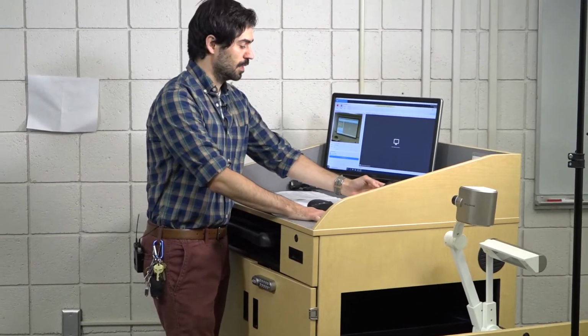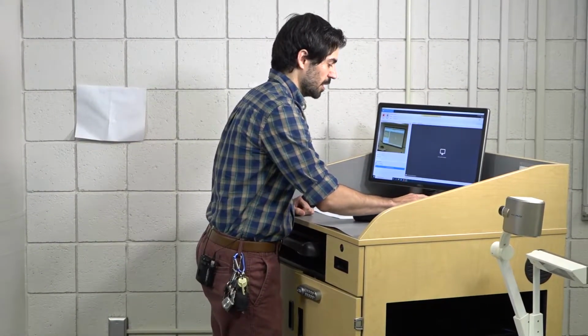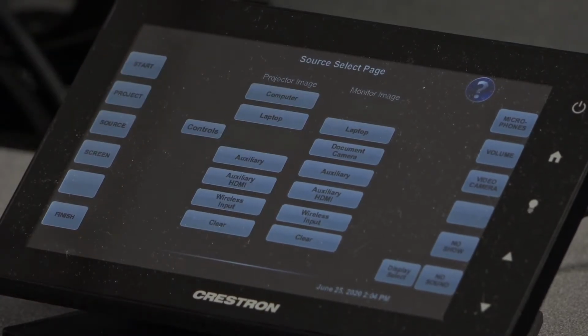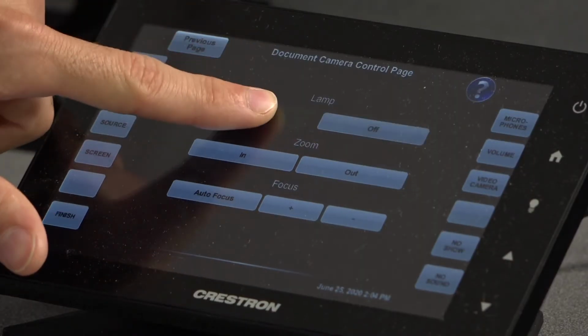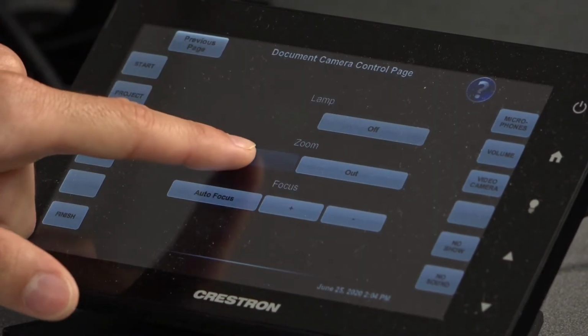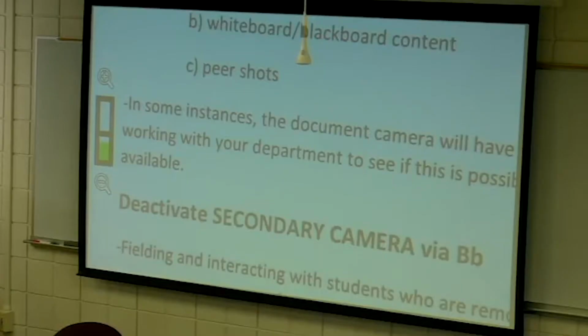To activate them, you go to the source page on the touch panel and select Document Camera as the source. They take a moment to boot up, but then you have a streaming video of any models, documents, or other materials that you can also use separate controls to illuminate with the lamp or zoom in and out of for demonstration. So here, I'm actually using 2 cameras in the room to help facilitate my teaching for the remote students